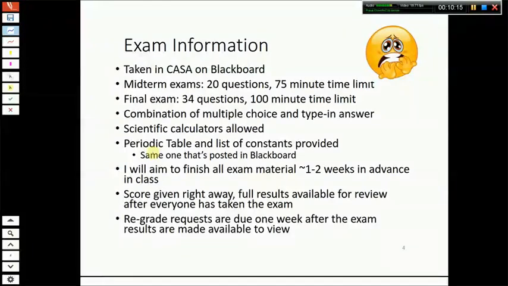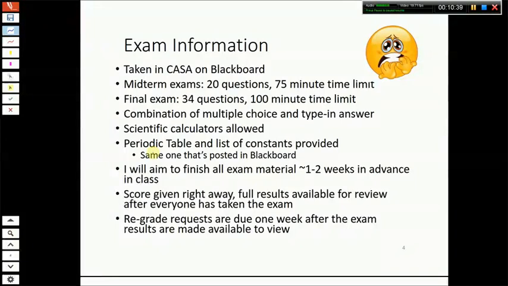As I said, they're very similar in difficulty, in scope, not necessarily in the exact type of problem, but if you can do the homework problems, you should be pretty confident you can do most of the exam problems, or all the exam problems really. And it's going to be multiple choice and answers that you have to type in, short answers like numbers or one-word answers, things that a Blackboard grading system can easily handle, because we don't do any hand grading in this